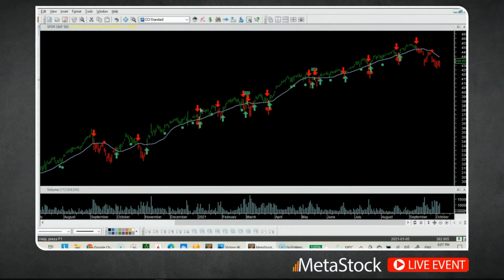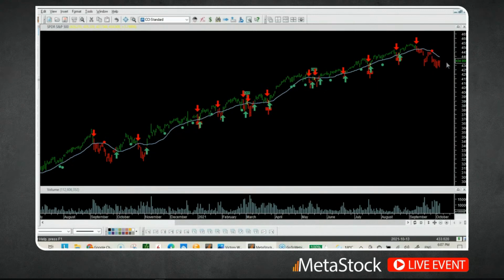Okay, so if you see a red arrow here, but the 20 is sloping higher, we do not want to take that trade. We can use it as an exit, that's for sure, but not a new entry. Okay, but every green arrow with an upward slope on that 20, we definitely want to consider. Every green dot we want to consider, etc. On the flip side,